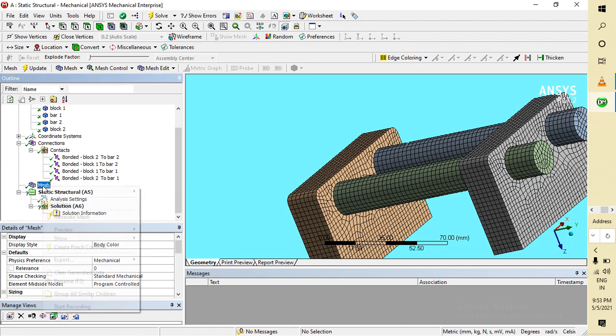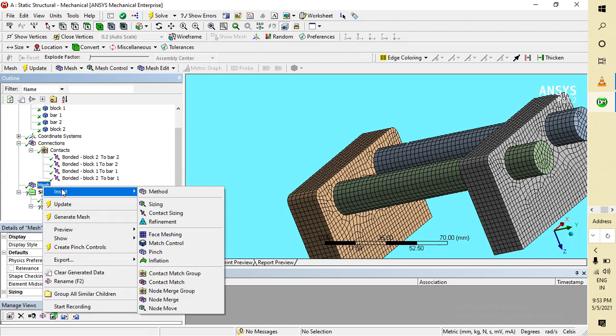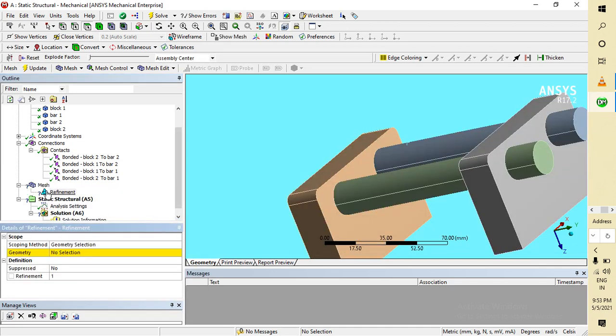I also told you guys how to make manual meshing. So now we will go here and go to refinement. Okay, go to insert and then go to refinement. Here no selection, so we have to select where the stress concentration is high. You know how you know that stress concentration is high?